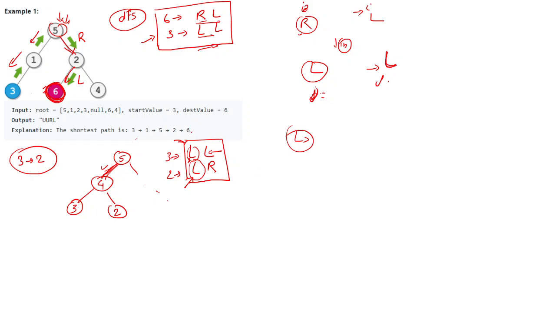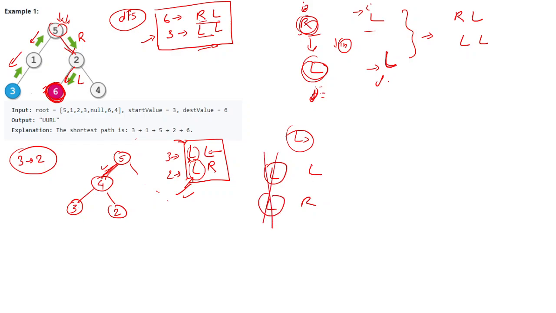Okay. So in this particular case, if I see, here we have left left and left right. Here we have right left left left. So the first one itself is not matching, so we'll break, and our final path that we will have to consider is RL and LL. But here in this case, both the first ones are matching, so we don't have to consider this one, we just have to consider this part. So L and R. So basically this L we do not have to consider, we just have to consider this L and R.